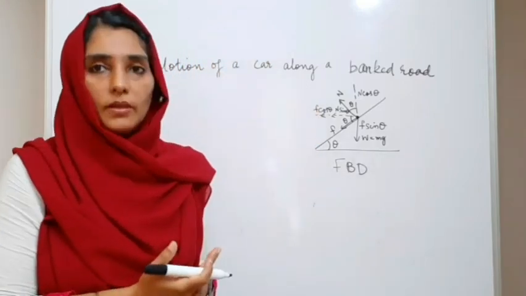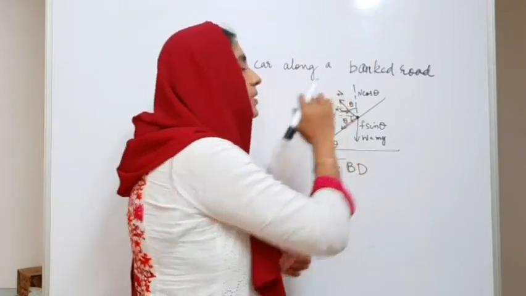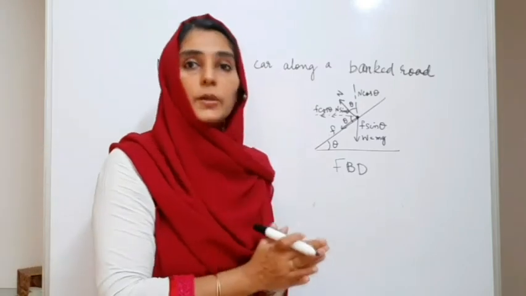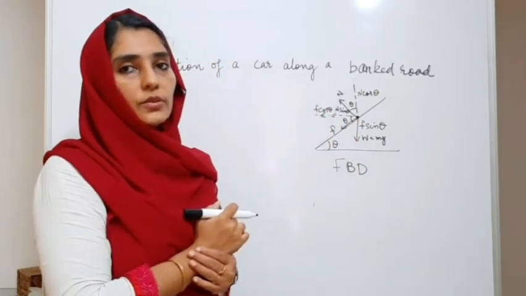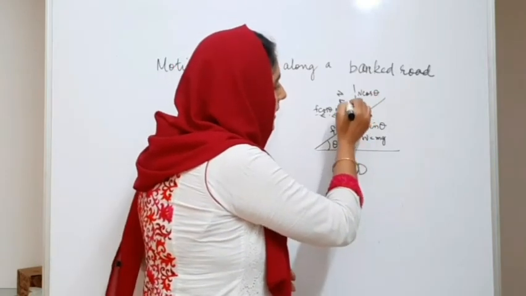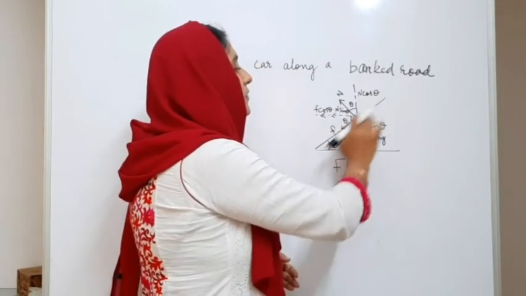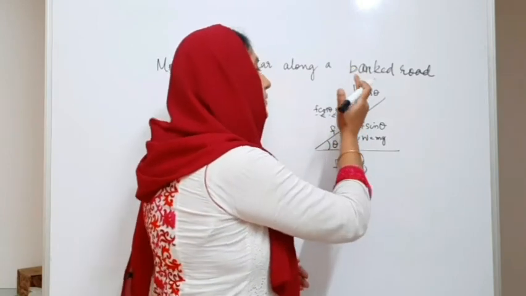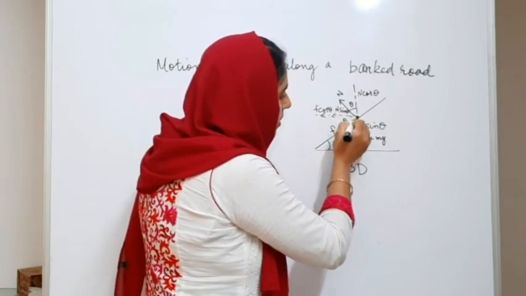Now what about the normal force? As the surface gets inclined, the peculiarity of normal force is to be always perpendicular to the surface of contact. So this is the surface of contact. It is normal or perpendicular to the surface of contact. So I have shown it by this arrow mark. Now, with respect to the vertical, it makes an angle theta. By geometry, the surface also gets inclined at an angle theta with respect to the horizontal, so you can see this as theta and this also as theta.